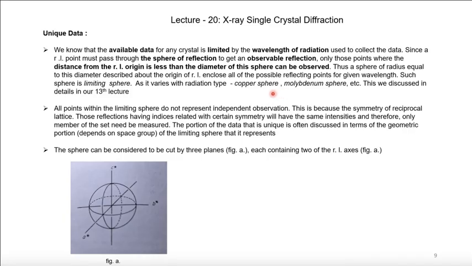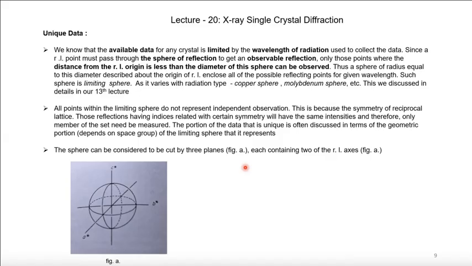Fortunately, we need not observe all this data. We will only observe independent data, which are not dependent on certain symmetry elements. We can also see that with the structure type, for monoclinic, how much data we have to take, for triclinic, how much data we have to take, and this sort of data we call unique data. So we will take this unique data in the next lecture, explain a little bit of unique data in the next lecture, and show